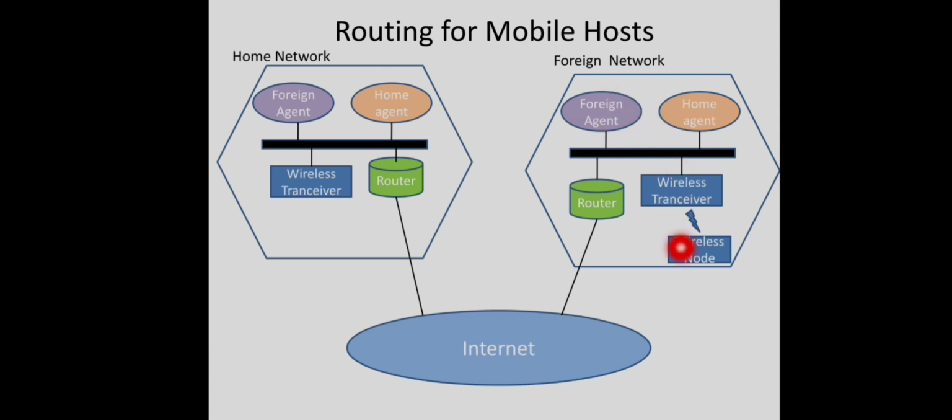Then the mobile host registers with the foreign agent, giving its home address, current data link layer address, and some security information. Then the foreign agent will contact the home agent of the corresponding mobile host and inform it that one of its mobile nodes is with me now. The message from the foreign agent to the home agent contains the foreign agent's network address, and also includes security information to convince the home agent that the mobile host is really there.